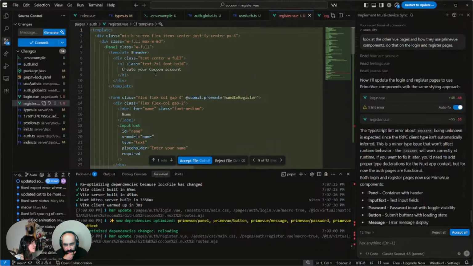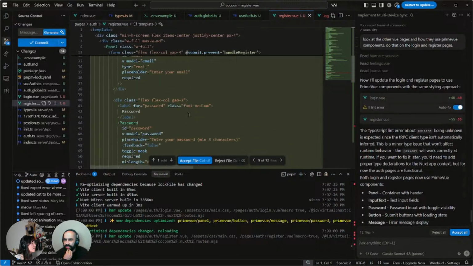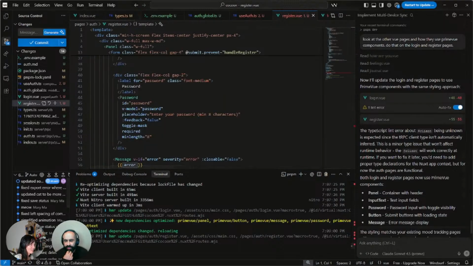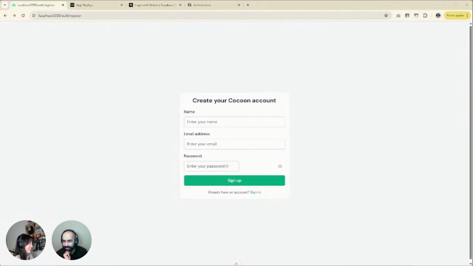Yeah, okay. Panel input text password. Yeah, seems legit. Cool. Let's see. Please be screenshotable. Yeah, it's better than the other one. Sure.